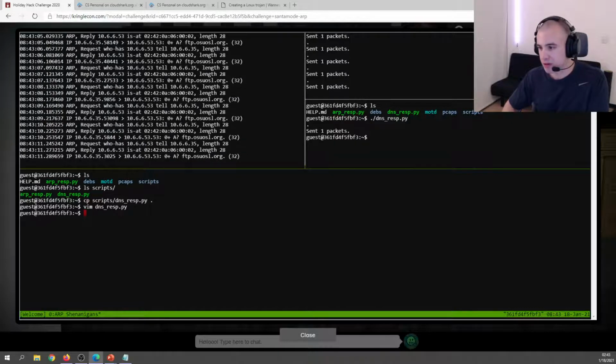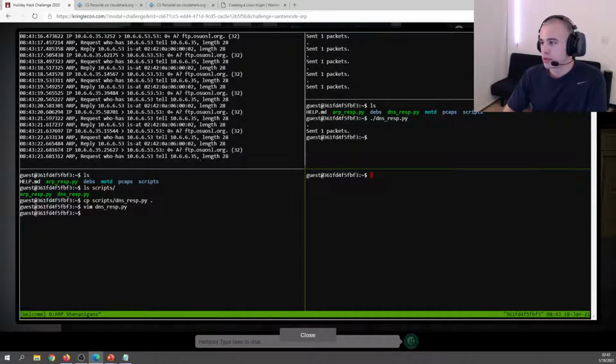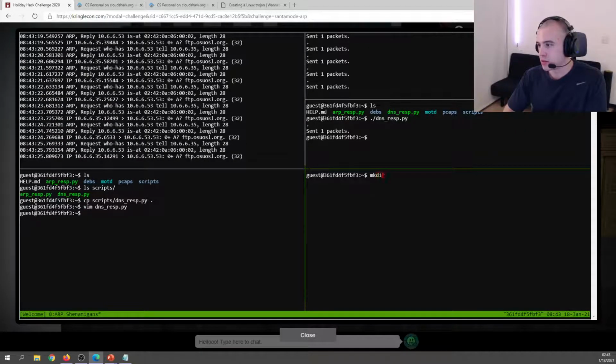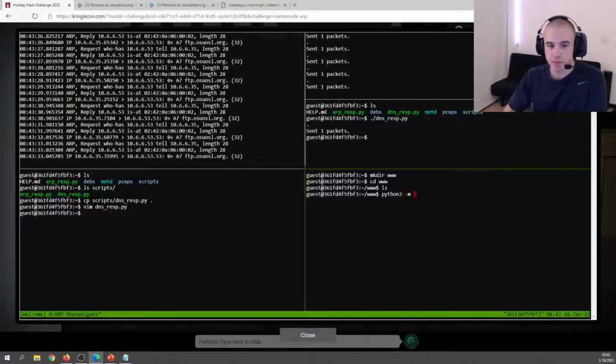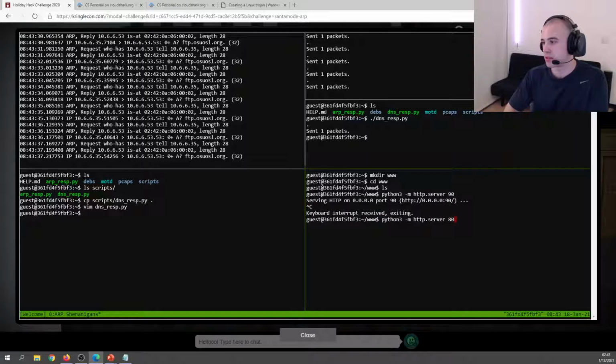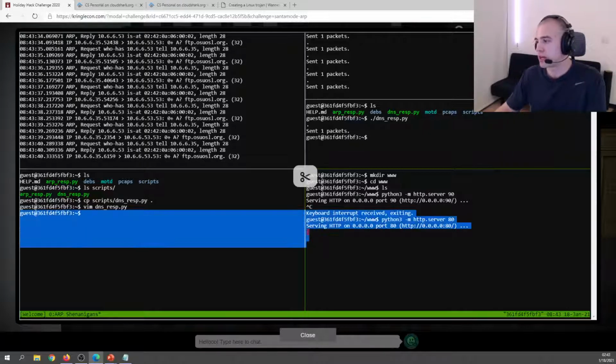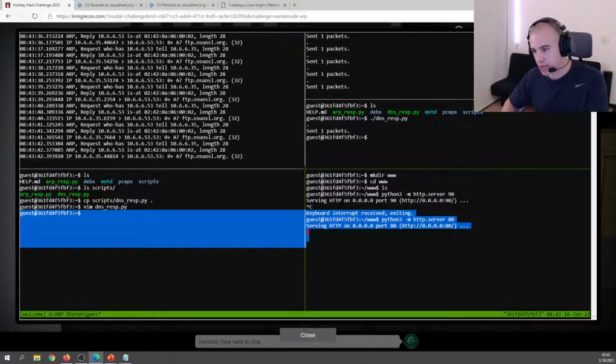We know that it looks like the web request was coming over port 80. So we're going to need to open even another panel. So let's create mkdir. We'll just call this www. We'll cd into that directory, and then this is where our web server is going to be started from. But we can do it with the Python HTTP module, which is built in to Python 3, and start serving that. So now we're basically running a web server on port 80,